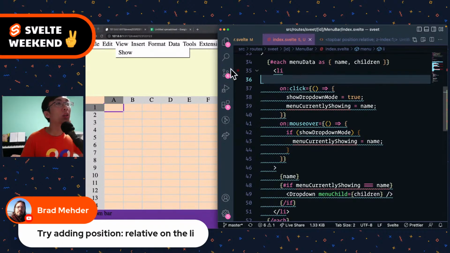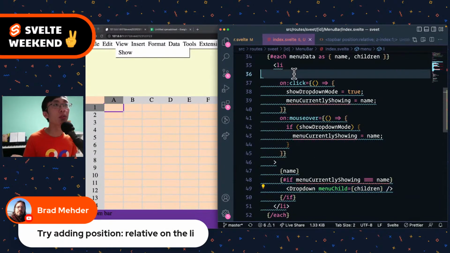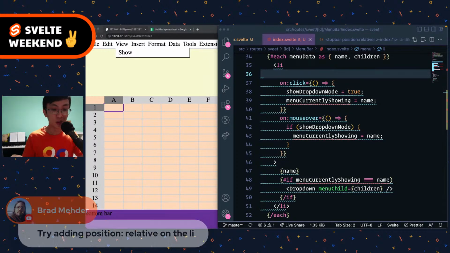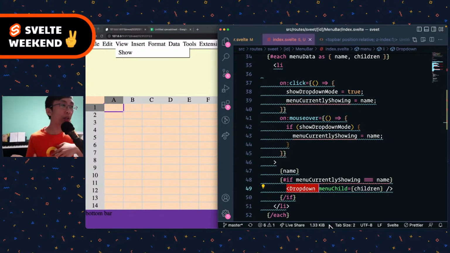So if I don't have position relative, then, I mean, it depends on the relative and the position absolute, right? So if it's relative, then it creates a relatively positioned element over here as a parent of drop down. So when you have position absolute, you'll find the nearest parent element that has the position being set other than static, and the absolute will be relative to the list item over